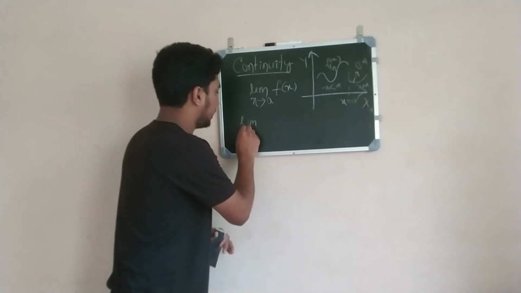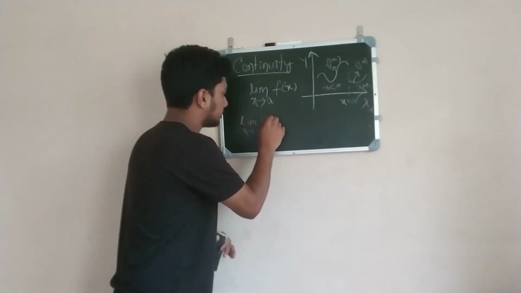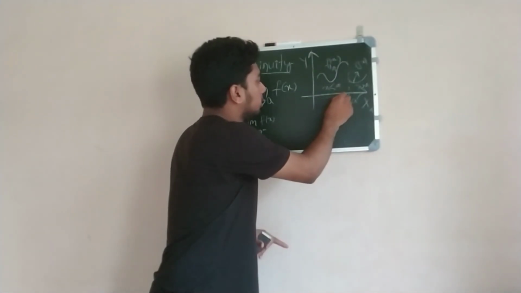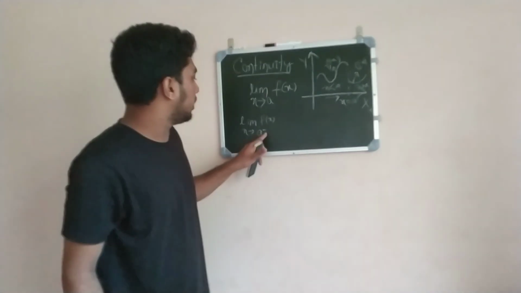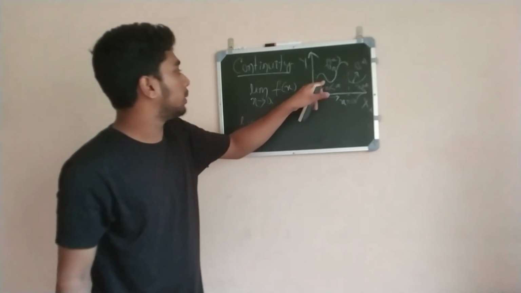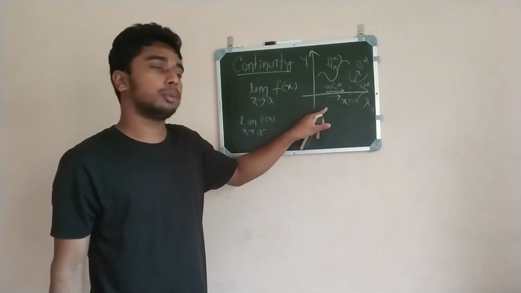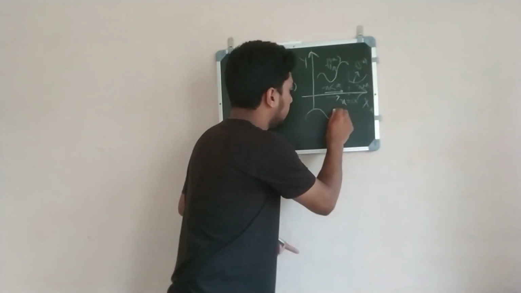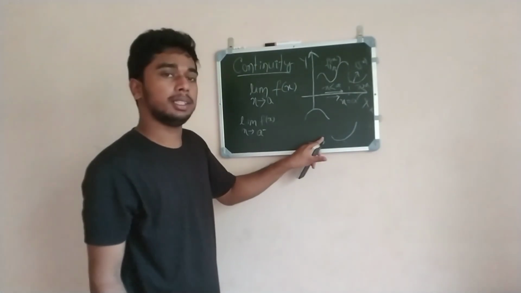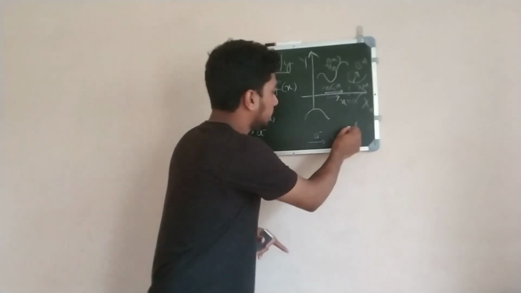limit x tends to a minus of f of x. So what is a minus? a minus is nothing but previous. We are approaching a minus. A minus means we are approaching from this side. This graph has a break here. So we are approaching from here. It means x tends to a minus. If we approach from this side,